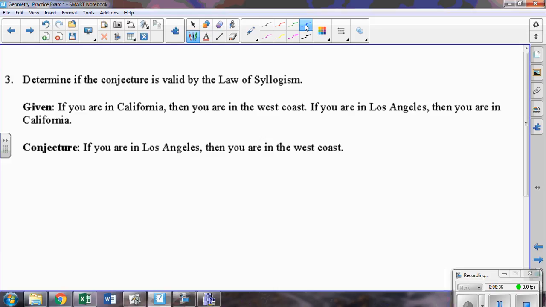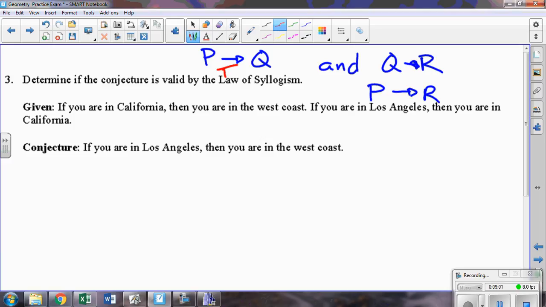Okay, syllogism tells us. Syllogism was based on if we had P implies Q, and we had Q implies R, these two things merge together to tell us P implies R. In particular, if this part's true and that part's true,